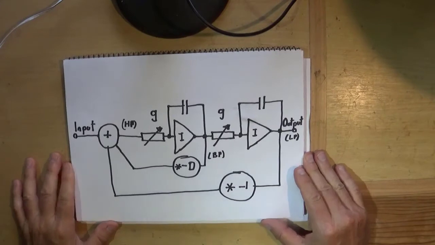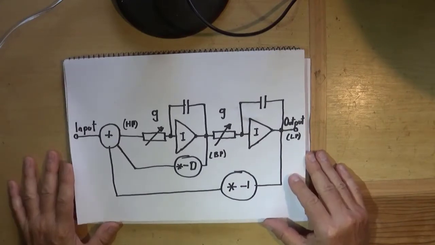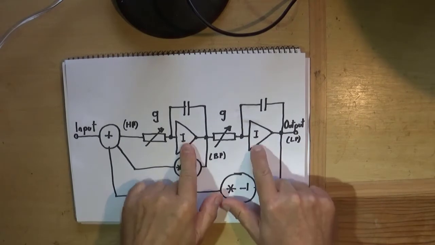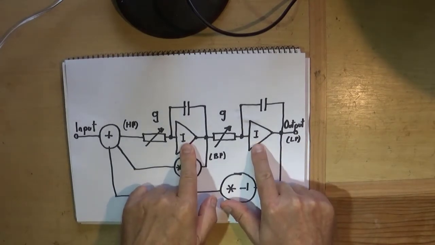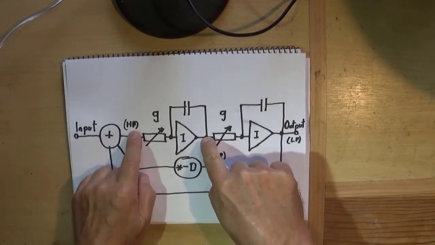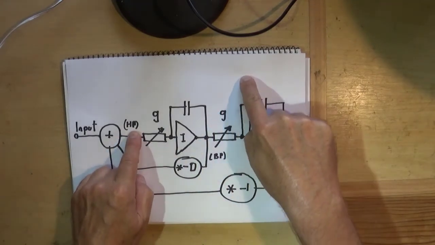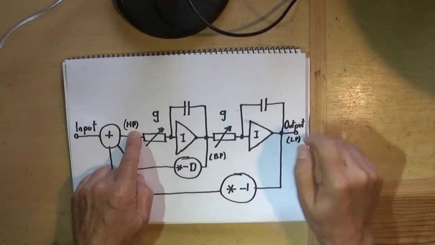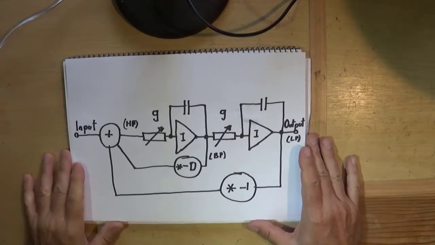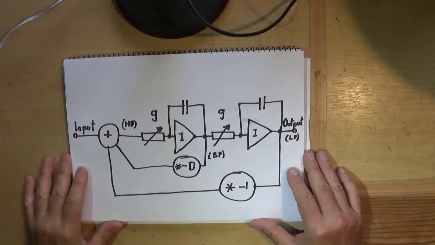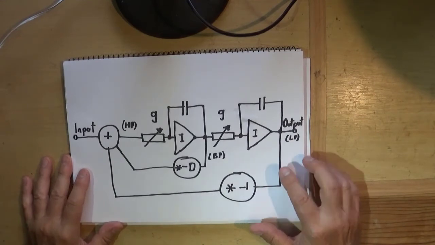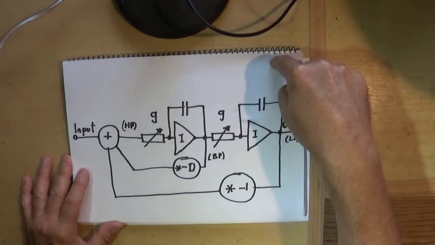Okay, so I've drawn a little schematic of how our filter works here. Just a quick word of explanation. These two guys are integrators. So that is, you put a constant voltage in here, the voltage here will ramp up steadily, theoretically forever. And the upshot of using this system is that if we're not careful what we do, this can just shoot off to the rail and sit there